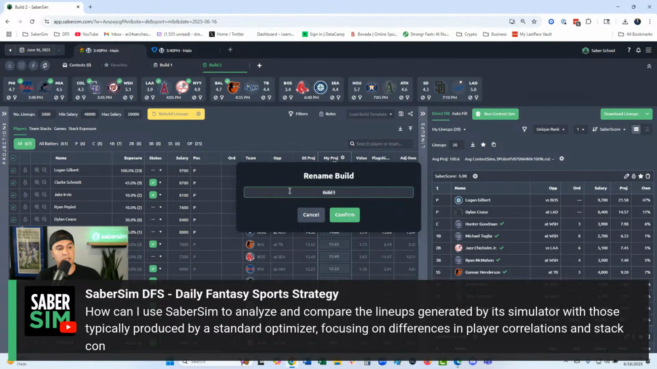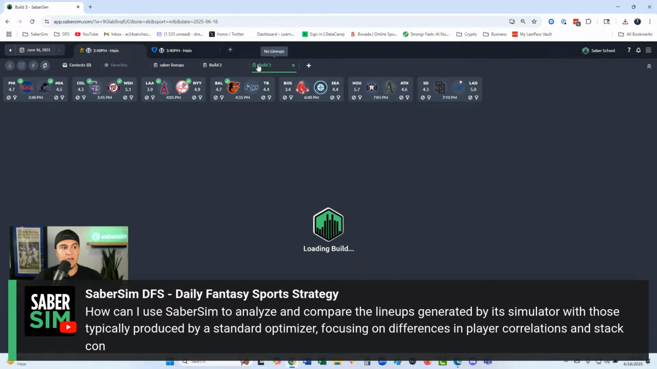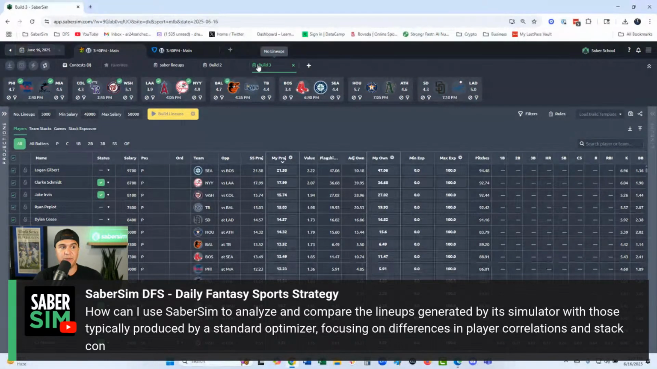Okay, I'm going to call these Saber lineups, and I would rename this other one, wherever the lineups came from, whatever you want to call it. That's another way. Another thing you could do, if you just want to get a sense of how a traditional optimizer builds, but maybe you don't have access to one,